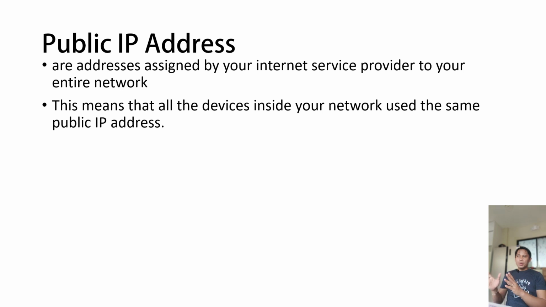So you can assign one public IP address to your laptop, one public IP address for, let's say, your network camera. That one is also possible, but normally for consumers, your internet service provider will provide only one IP address for your entire network. So everything is using the same